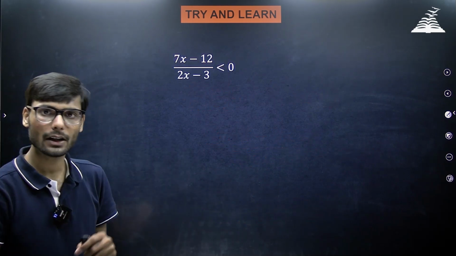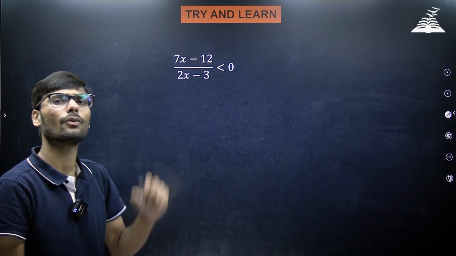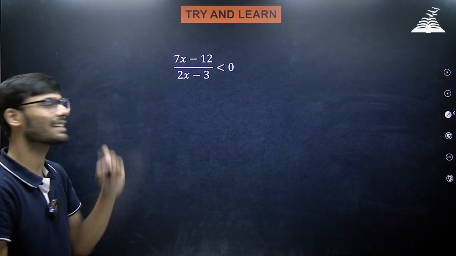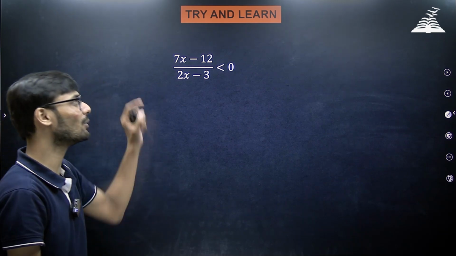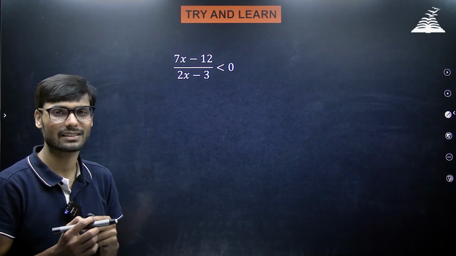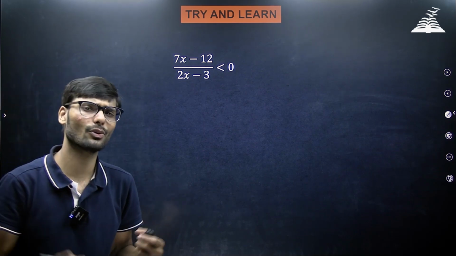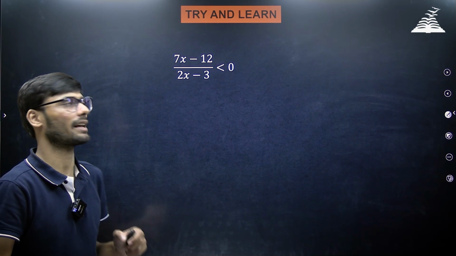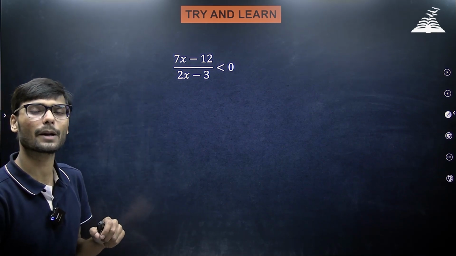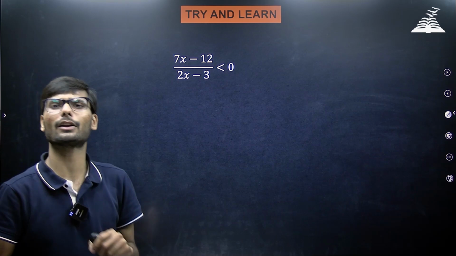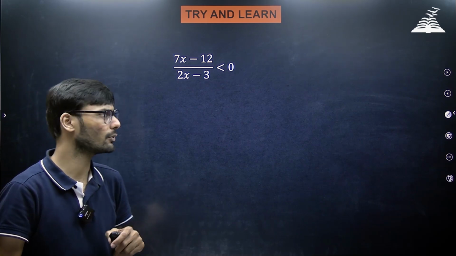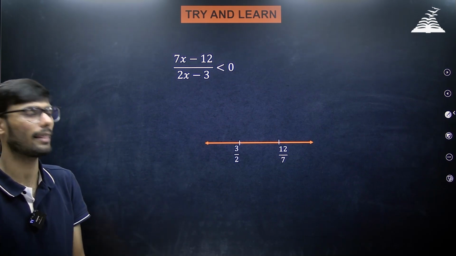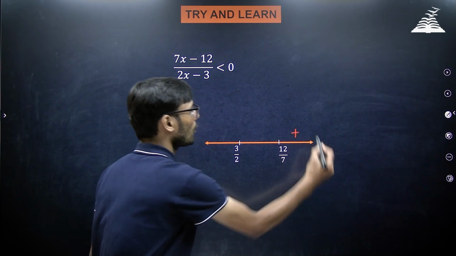We are going to plot the wavy curve for this. So the first thing, we need to check whether the leading coefficient of all the expressions is positive or not. Fortunately, it is positive, so we don't have to multiply by a negative number and adjust the sign, right? So we can directly go to step number 2. What is it? Plotting the zeros of this on the number line. The zeros of this expression are 12 by 7 and 3 by 2. 12 by 7 is bigger than 3 by 2, right? So 12 by 7 will come on the right and 3 by 2 will come on the left. Extreme right is always positive.